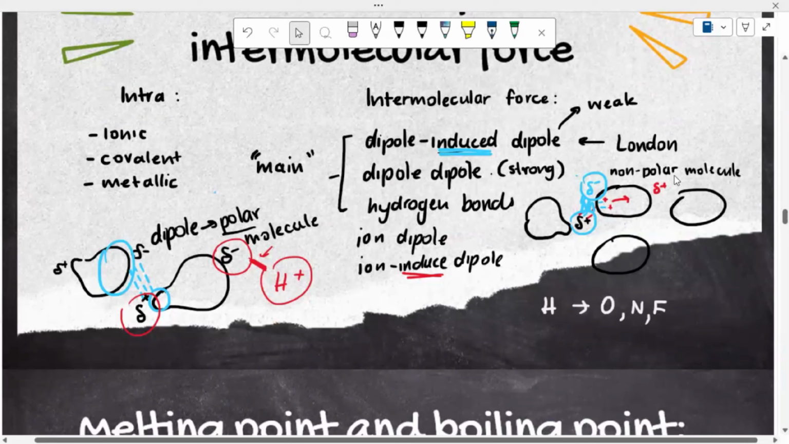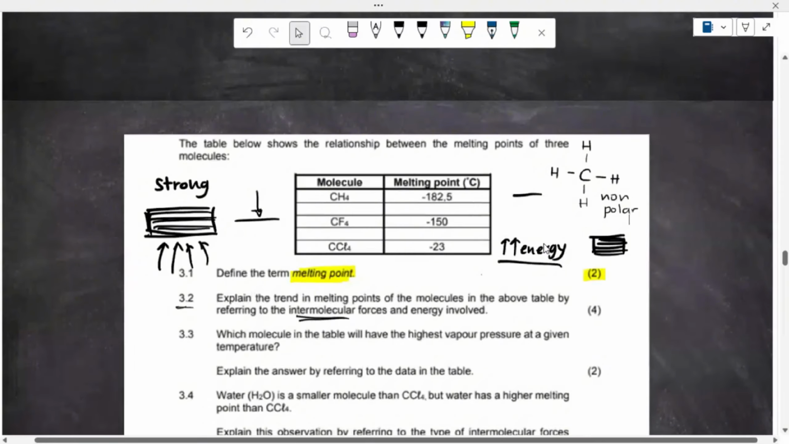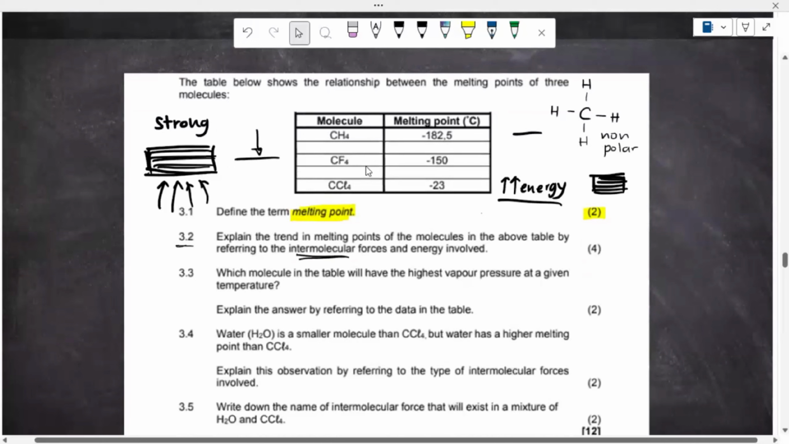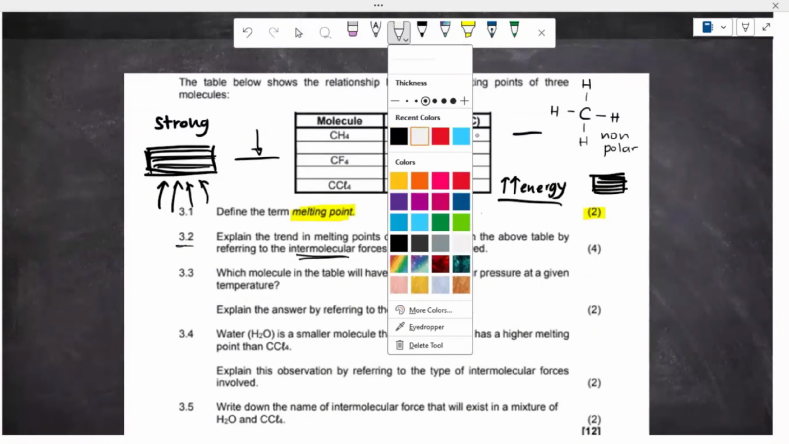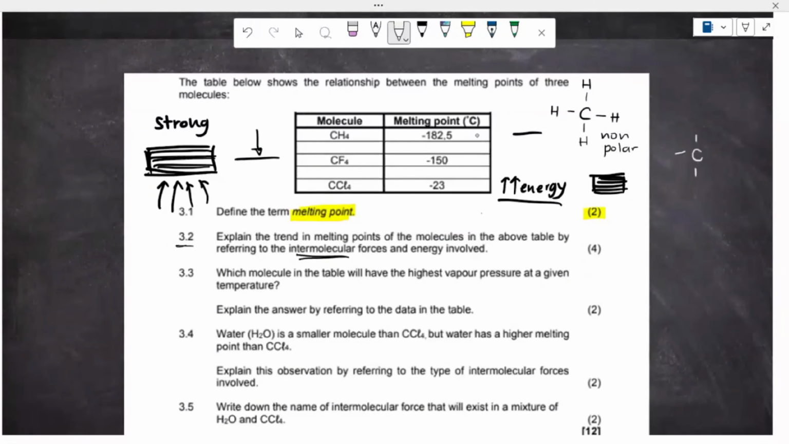And remember I said, with our London dispersion forces, so our dipole-induced dipole forces, we have non-polar molecules that are present that have that temporary polarity, right? So all of these will have relatively the same structure in the sense that they all have carbon as their central atom. And then we have fluorine, 4 fluorines. We have 4 chlorines,